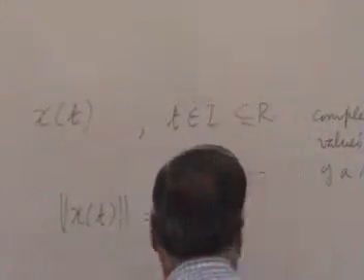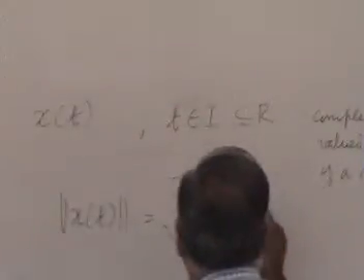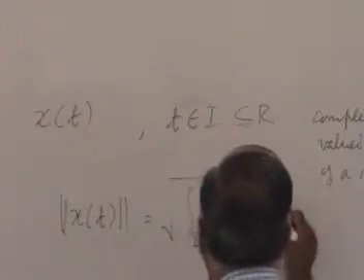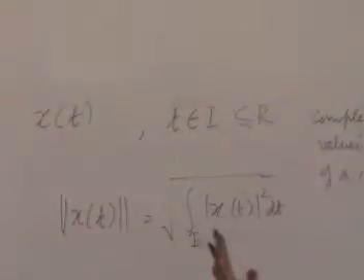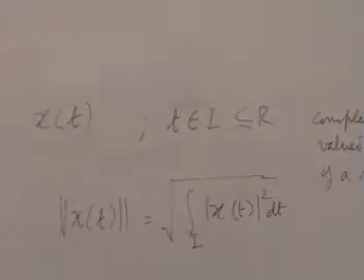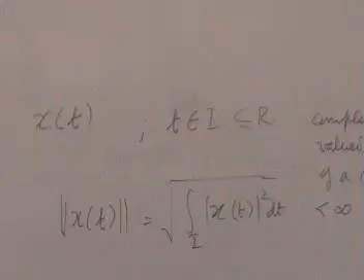the square root of, here I took the sum of all the components, now I have to take the sum of all the values, and there I added, so I have to integrate. Now what does this mean? Does this integral make sense? So I will take only those functions for which this all makes sense, that's all, and this is finite. Okay? So I take only all those functions for which this makes sense and it is finite, and then define